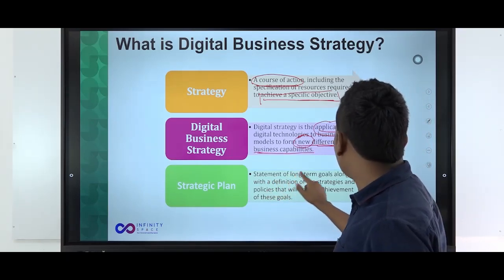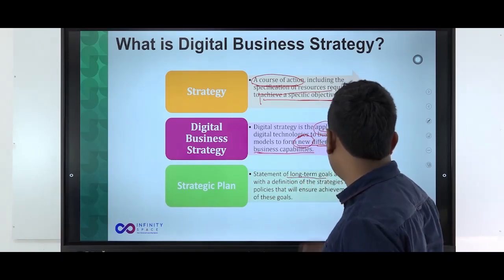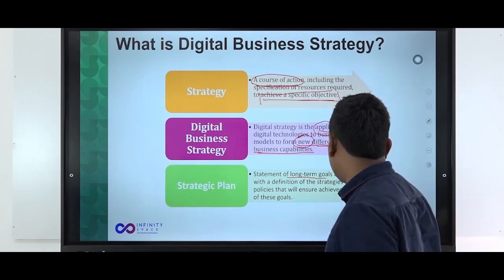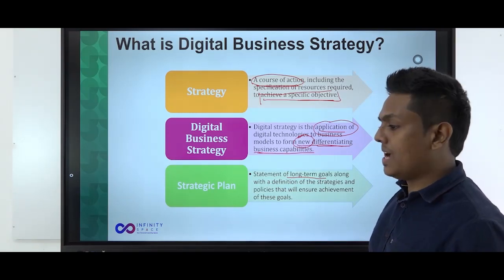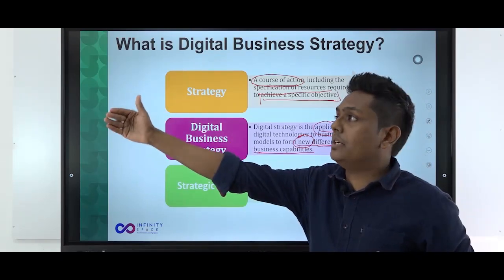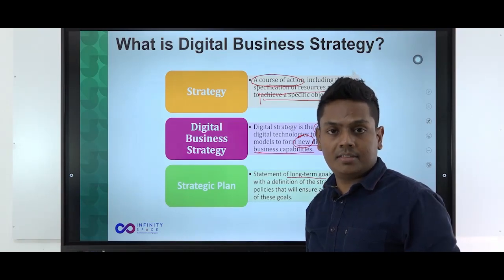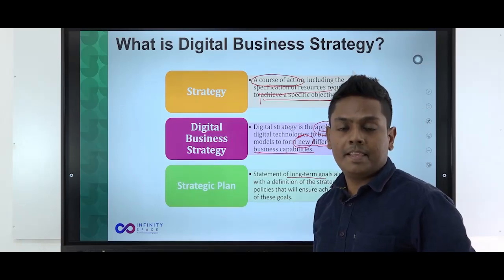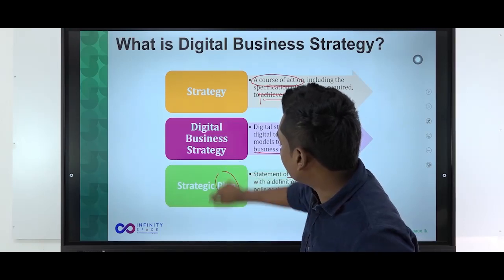Statement of long-term goals, along with a definition of the strategies and policies that will ensure achievement of these goals. What is the plan to get you to the ultimate objective that is set to be achieved, let's say in 2025? Today, in this year 2021, you are setting a strategic objective to achieve in 2025, and then you are planning. You have to plan it, right? You cannot simply